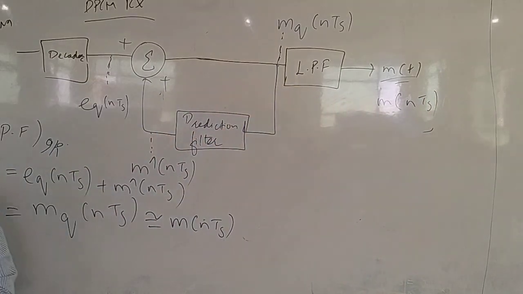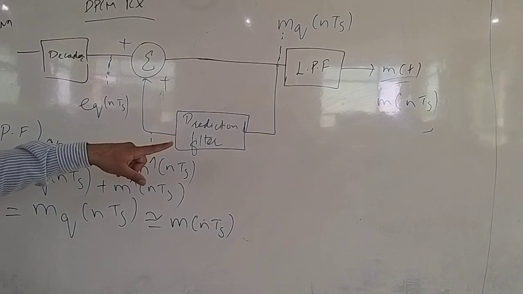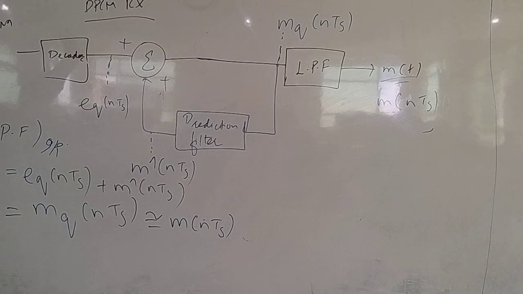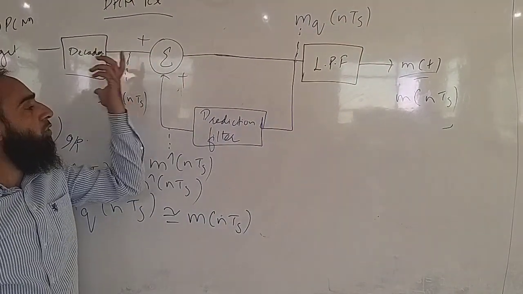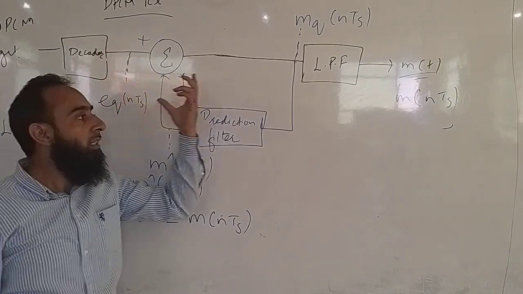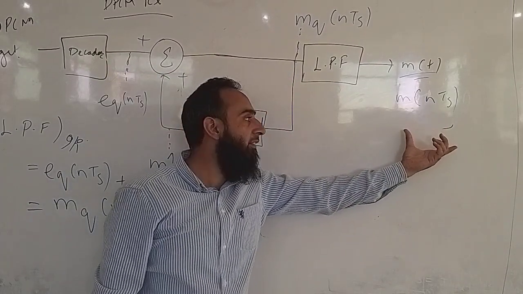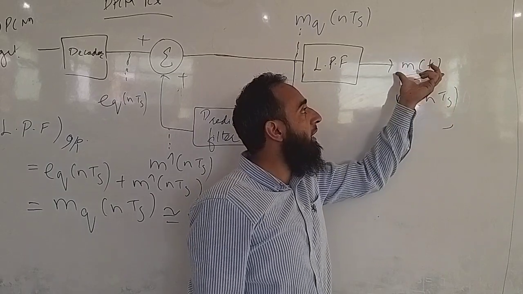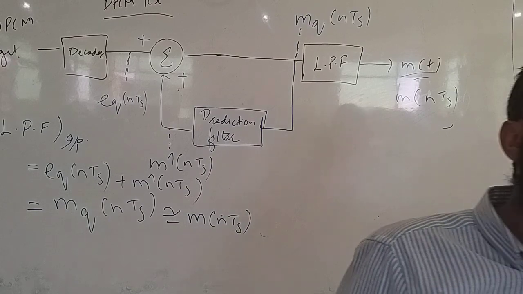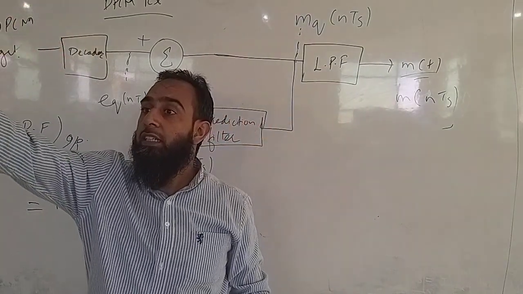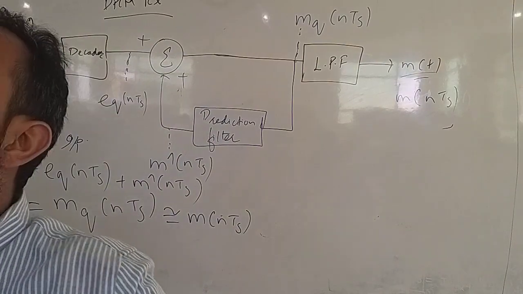इसमें लिखिए last time: in the reconstructed signal, finite amount in the reconstructed signal, M of NT of S जो हमें मिला, that will never be equal to M of T, right? Do we know this all? Eyes on board, please. Whenever we use quantizer, we know that the final output at the receiver side will be M of NT of S and it will be never equal to M of T. What is M of T? The original transmitted signal. Why they won't be equal? Can you tell me at the back? Why M of T, yeah, why MQ of N of